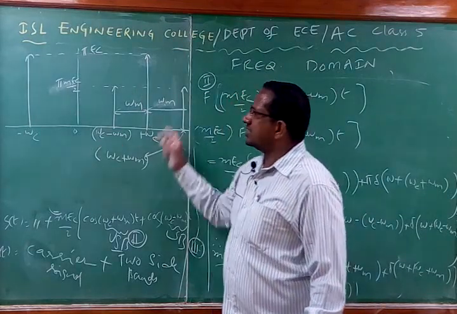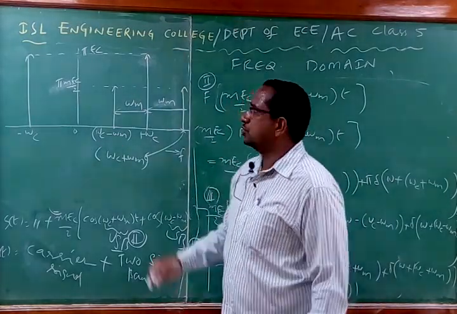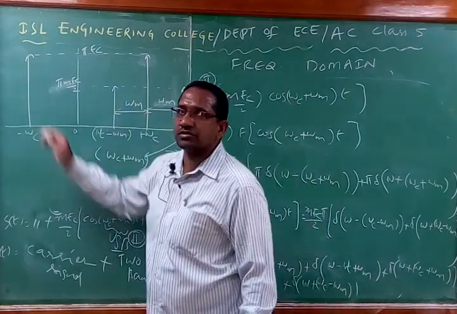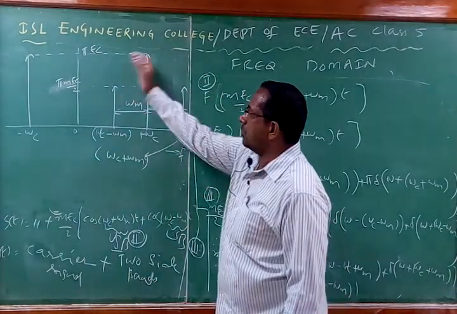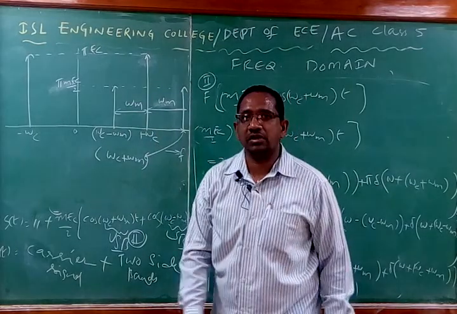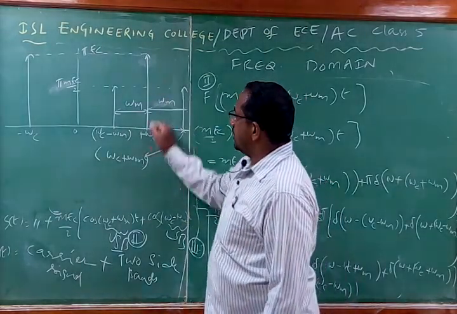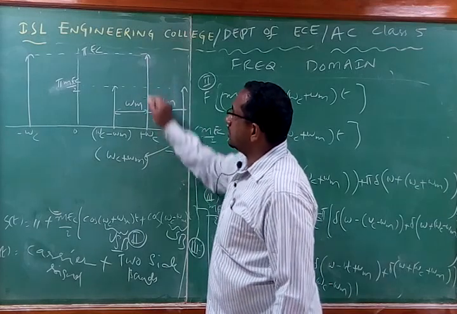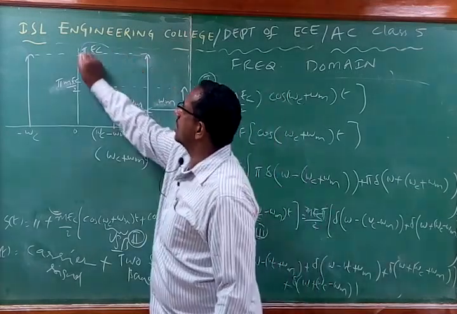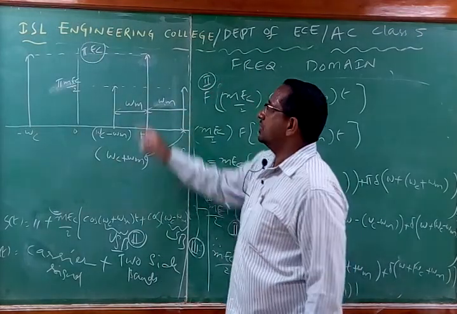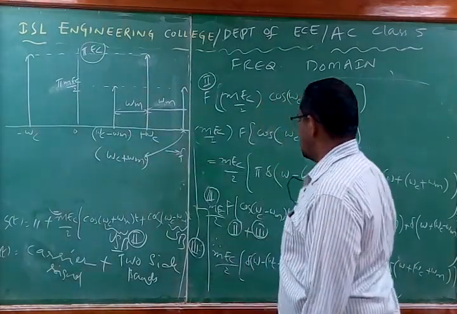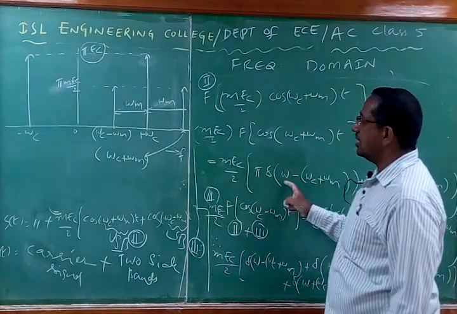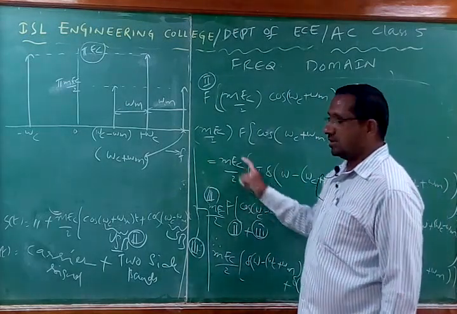Now I have drawn here a single sided frequency spectrum. The same replica will be repeated on the negative side of the spectrum, so that is why I have drawn only the positive side. This is plus omega c, the Fourier transform of the cos function, where the amplitude is pi into EC. After this we have the 2 side bands. These are the 2 sideband components that I am going to get. So what is the amplitude of this component?